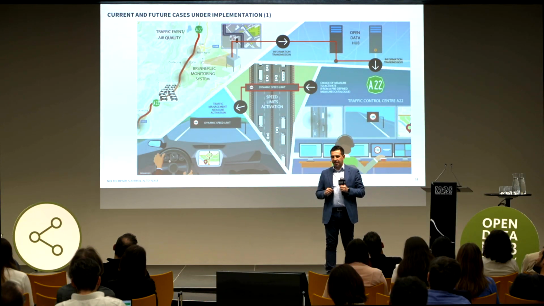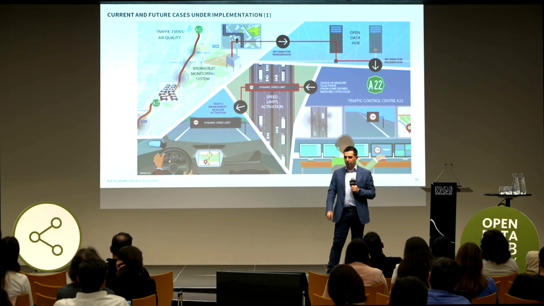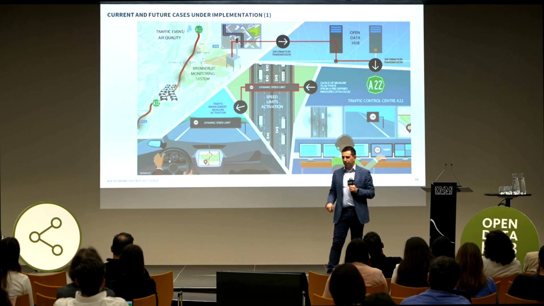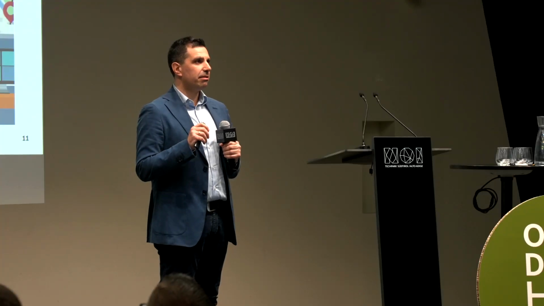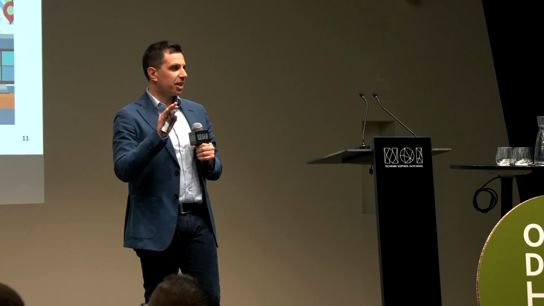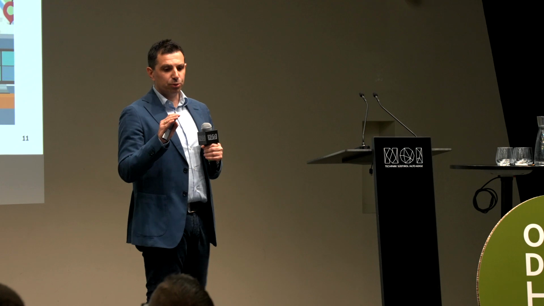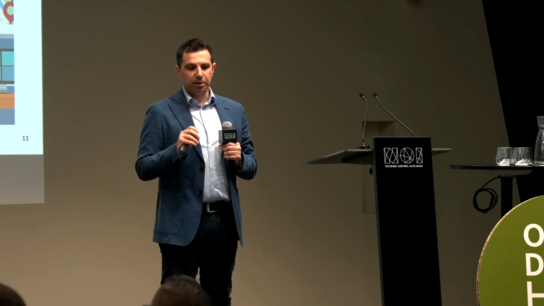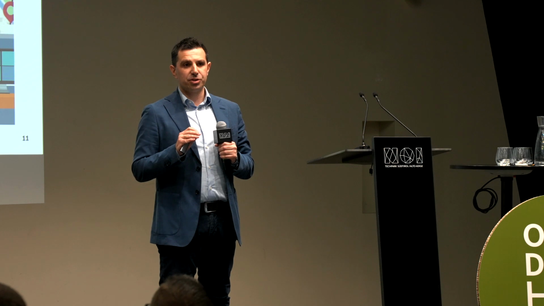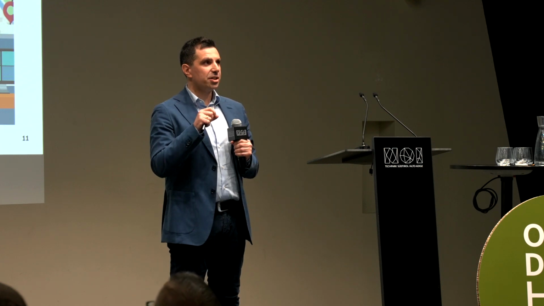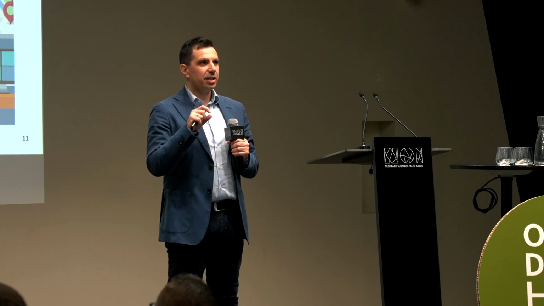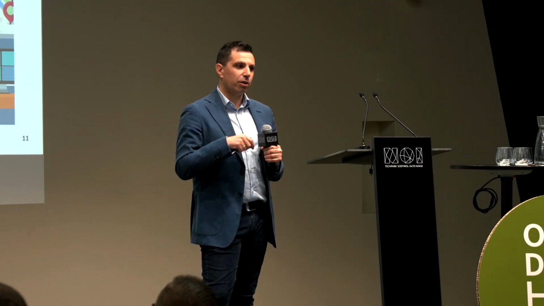And let's now have a glance at the use cases. This will also be presented by other speakers. One of the main use cases that we implemented last year is exactly the usage of the Open Data Hub to help the A22 highway to implement dynamic measures for reducing variable speed limits, so changing variable speed limits dynamically, not having them fixed, but based on the traffic and environmental conditions, and having a system which is optimal in the sense that these limits are activated just when it's needed and not always.